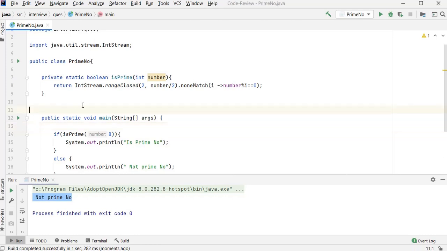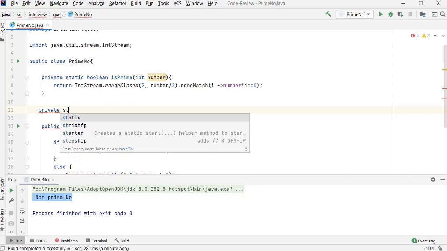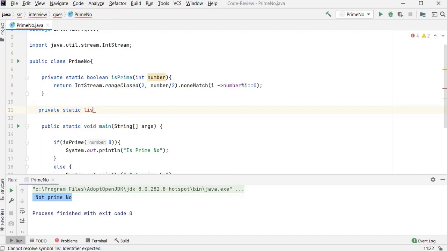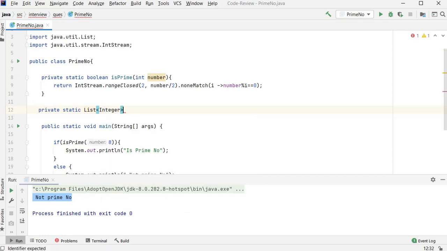Now we will print the series of prime numbers. So I'll create one more method here: private static List of Integer, prime numbers.